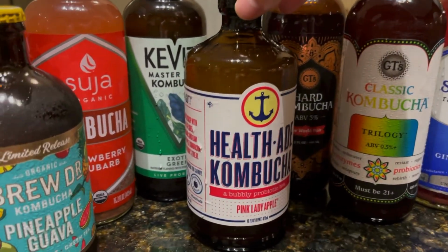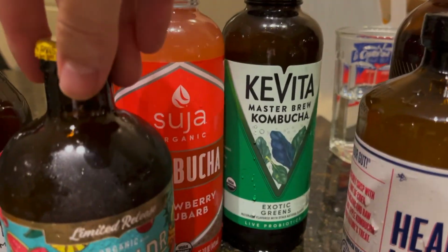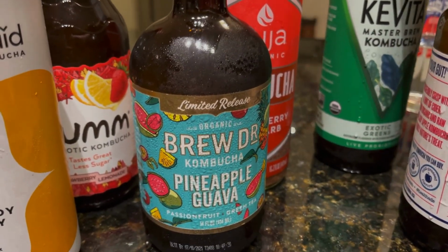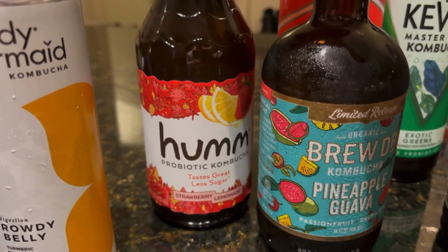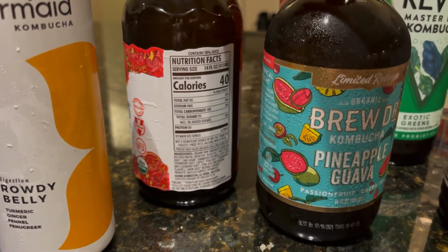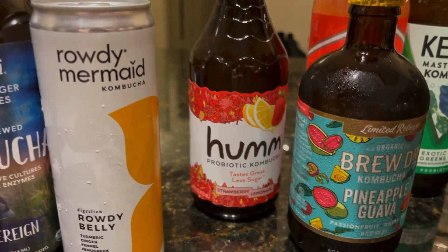Another popular brand here is Health-Ade out of LA. A couple other California brands here, got Kavita and Suja. Brew Doctor is one of my favorite brands as well. They are out of Portland. Hum Kombucha here too, I believe is out of Portland. This one actually advertises itself as less sugar. They claim to be about 30% less sugar than the typical commercial kombucha, so I'm curious to see what that